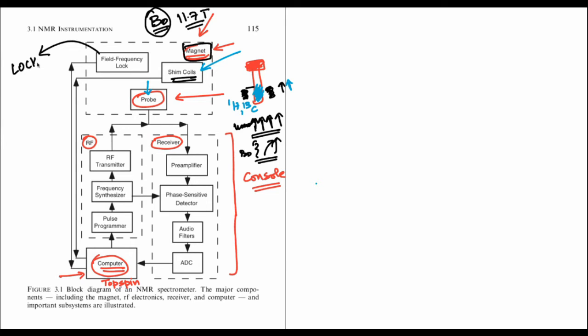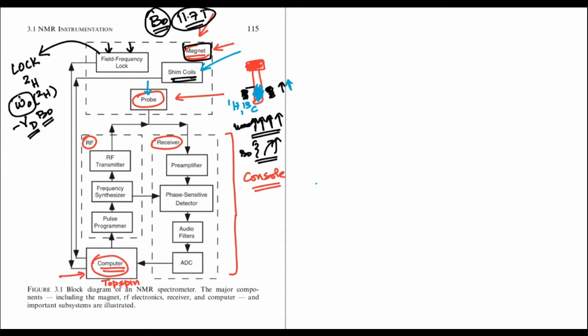This is the next component we generally attribute as the lock. These are steps that you will also do in an NMR experiment. Hopefully, you will have a demonstration as we go forward. What this ends up doing is to use a nucleus that we don't end up exploiting most often and fixes the field and frequency with respect to each other. For instance, at a given B naught, you would know what will be the omega naught for deuterium, which is going to be minus gamma D times B naught. So once you have a B naught and a gamma D is fixed for a given nucleus, the omega naught